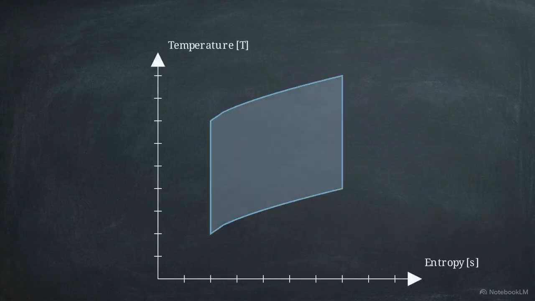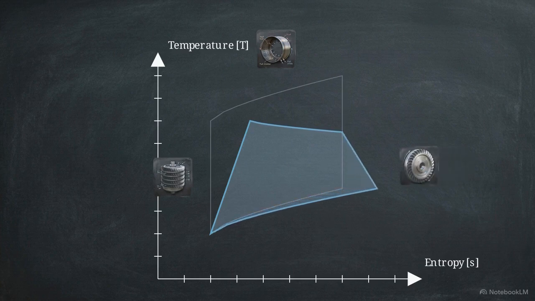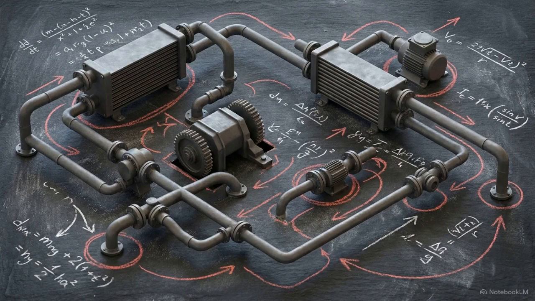Losses don't stop at the blades. The combustion chamber also introduces pressure drops. Pushing air through fuel injectors requires force, causing friction that drags the top boundary of our cycle downward, severely narrowing the engine's operating pressure ratio. The physical consequence of these combined thermodynamic losses is a severely shrunken net work area. To extract enough power to justify the fuel cost, engineers are forced to design complex mechanical interventions to claw back